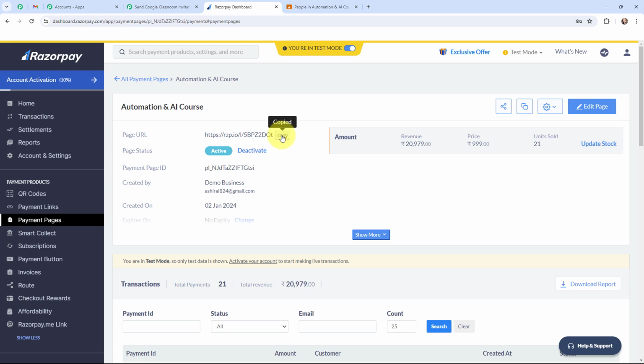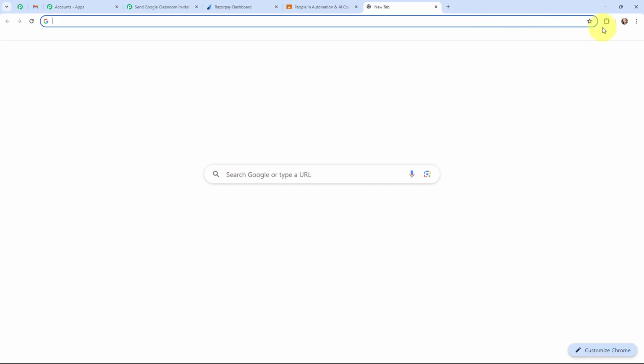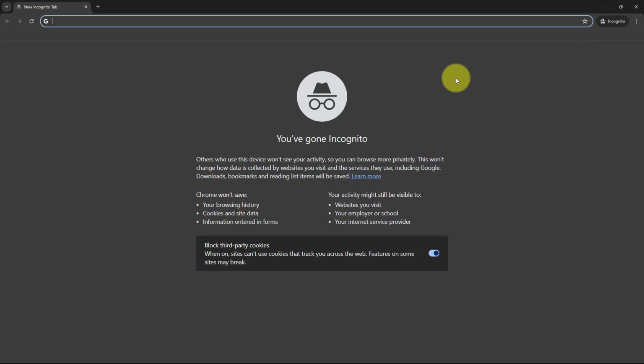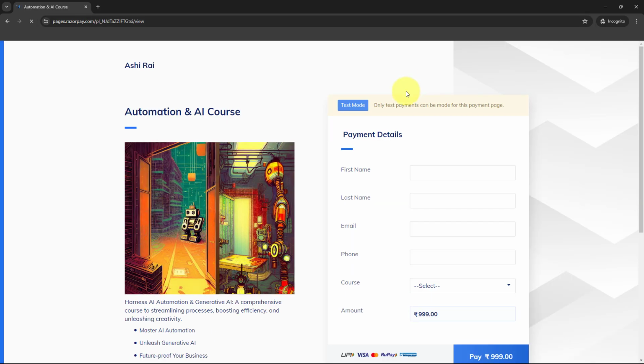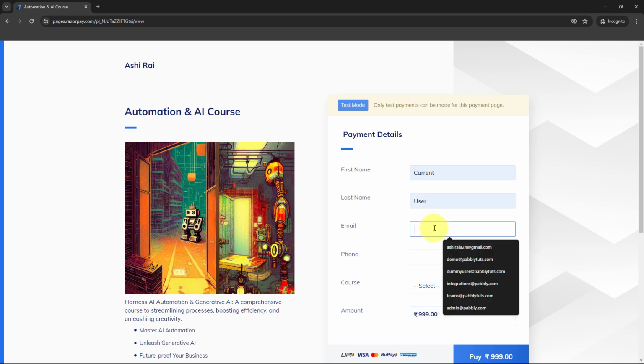So I'm just going to copy the link and I'm going to open this in a new incognito window. So over here, I'm going to just paste it. I'm going to open this. So here is the payment page. So as I'm in test mode, so I'm going to create a test payment. So in order to do that, I'm going to mention the first name as current, last name as user, email